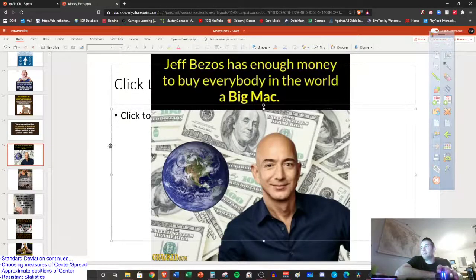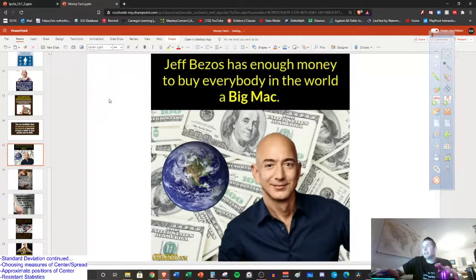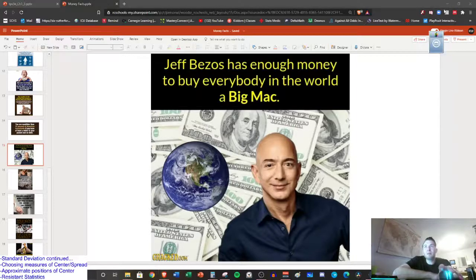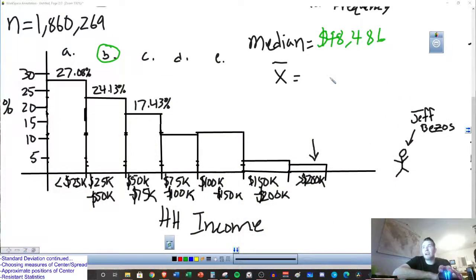Here is actually a Jeff Bezos. That's what he looks like, by the way. He has enough money to buy everybody in the world a Big Mac. There's over 7 billion people in the world, and he has enough to purchase everybody a Big Mac. Okay? So, interesting perspectives on money that we're gaining here, but we do not use this for, so do not